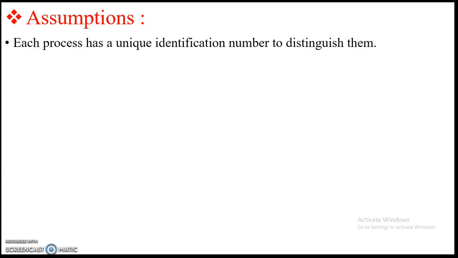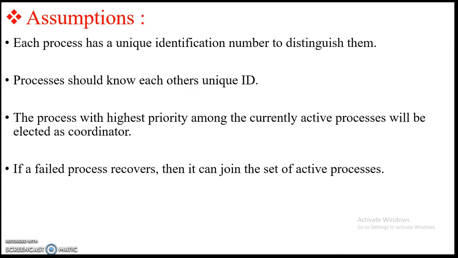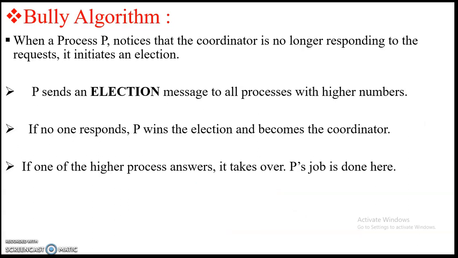The assumptions are: each process has a unique identification number to distinguish them, and processes should know each other's unique ID. The process with the highest priority will be elected as the coordinator, and if a failed process recovers, then it can join the set of active processes. Two election algorithms we will be learning are the bully algorithm and the ring algorithm. So in the bully algorithm,